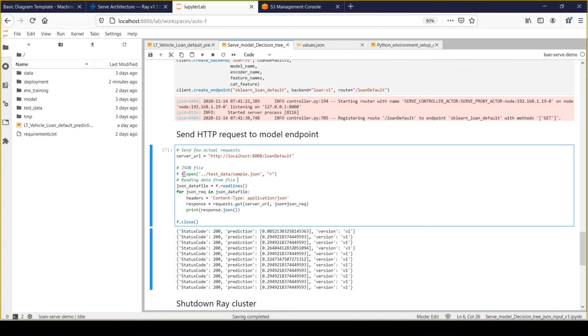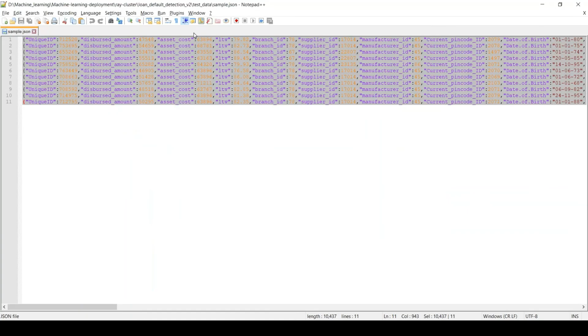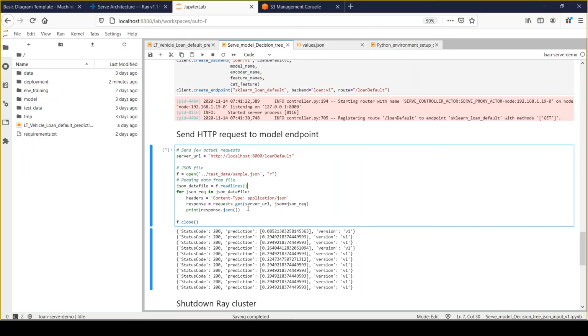and we would be using those instructions for testing our ML API. So this will simply open that file, read it, and take individual records from my file, and it will populate the request layout with the help of the requests package, and as a part of that we will pass the server URL and the JSON layout which we have extracted from my JSON file, right?